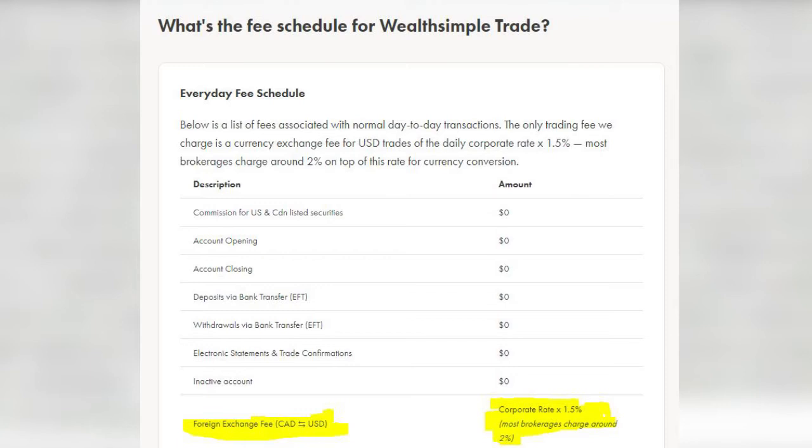So if you're going to be trading US stocks on this platform, you want to keep this fee in mind. And in deciding which broker to use for your investing, like Wealthsimple, Questrade, one of the banks, whichever one, you want to look at their different fee structures and figure out exactly what you're paying on each trade in terms of commissions, exchange fees, and anything else.